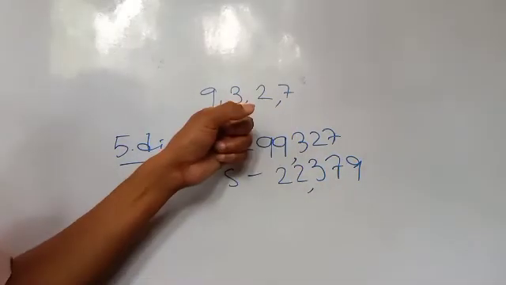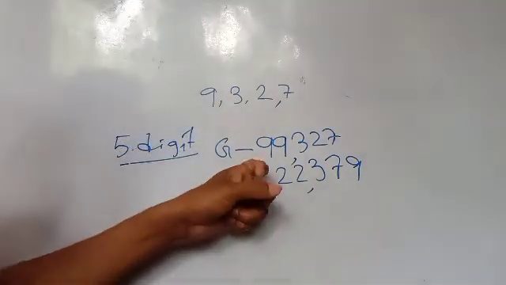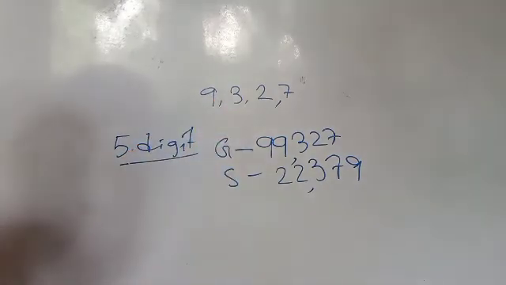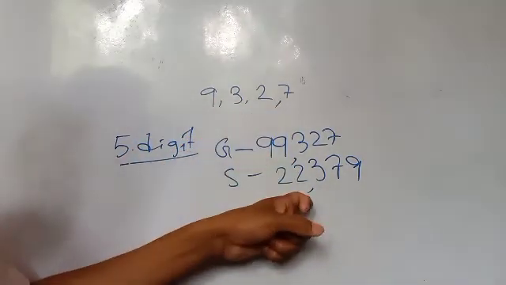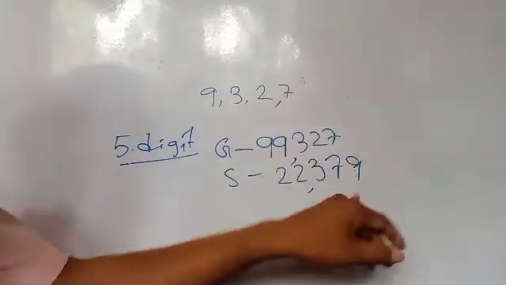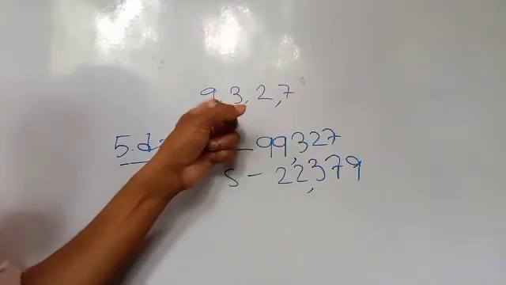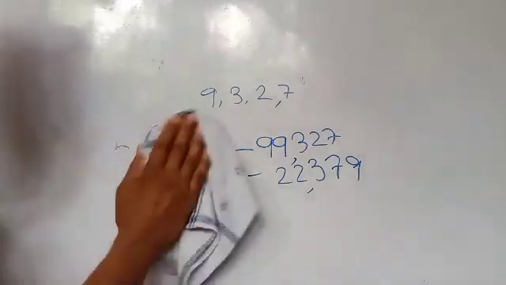Okay. You have 4 digits, but you have to make a 5 digit number. You may repeat a digit, but which digit will be repeated? In case of the greatest number, only the greatest digit will be repeated, 2 times. And in case of the smallest number, the smallest digit will be repeated only 2 times. The other digits you have to write as they are. You have to use all the digits, but only one digit you may repeat according to the condition.